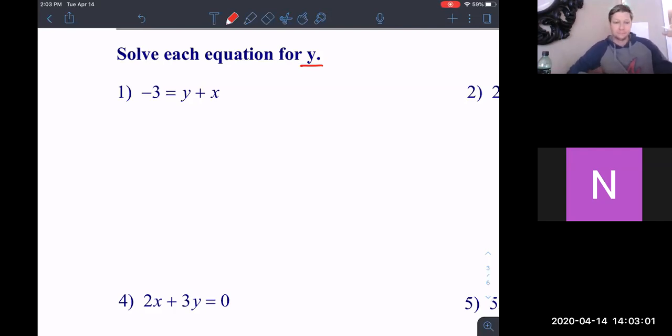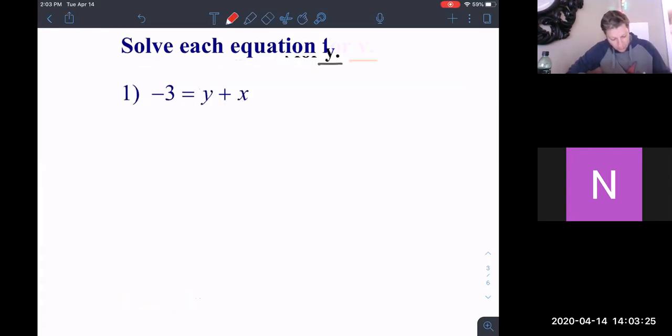But now we have 3 different types of terms that we have to worry about. We have the constant term, which in this case would be the -3. So place the pointer right here. All right, so the -3. We have a y term and we have an x term. So we have 3 different types of terms. None of these can be combined, right? Okay, so if we want to get this y by itself, then